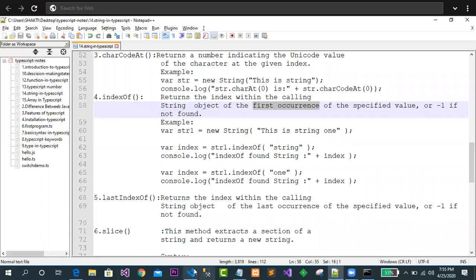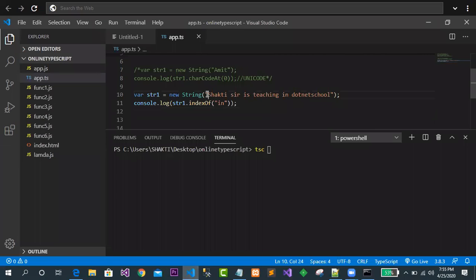So here is the question. The answer is very simple. Just try to observe here. This is 0, 1, 2, 3, 4, 5, 6, 7, 8, 9, 10, 11, 12, 13, 14, 15, 16, 17, 18, and this one it is taking, so that is why it is in position number 19. Let me compile this project first, app.ts.